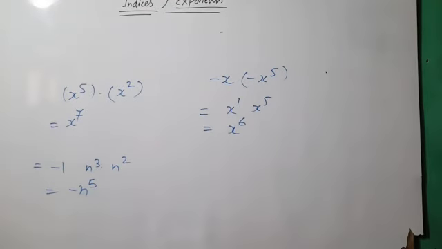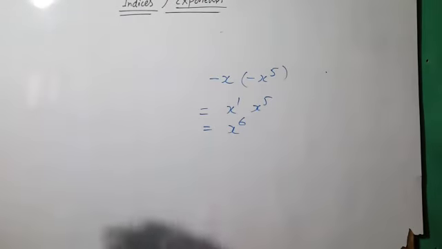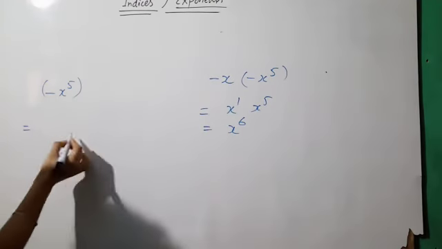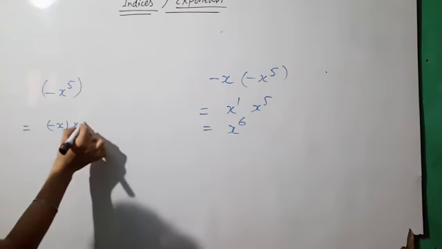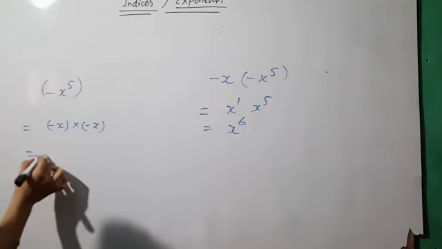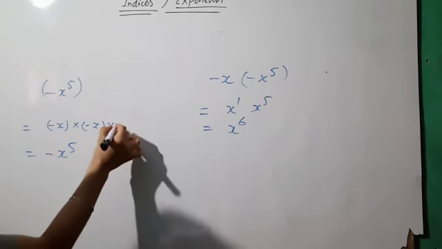In question number two, we just have to split out the power. Write each expression in the simplest form. x y, whole to the power cube, means x cube y cube. Second, minus x to the power 5 means we have minus x to the power 5. So can we say that we have to multiply minus x 5 times like this? If you have a negative number and an odd power, the answer is always negative. So minus x to the power 5 is the answer.